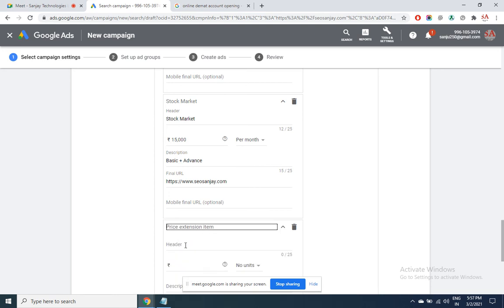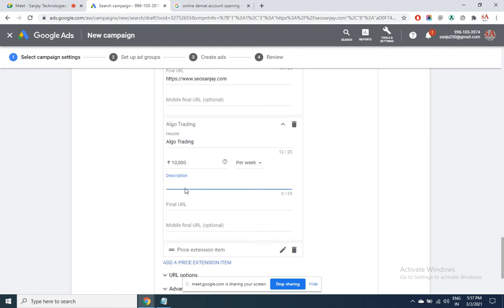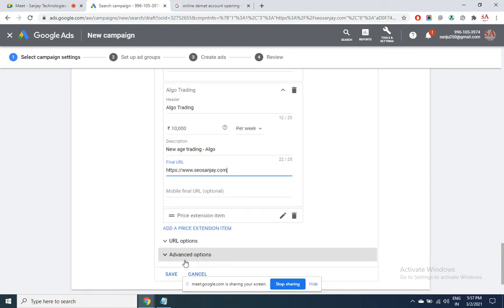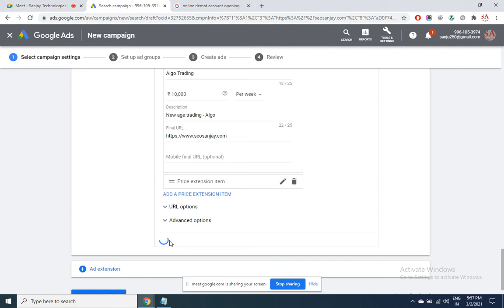Minimum is 3. Once you know all the options are given, click on save.